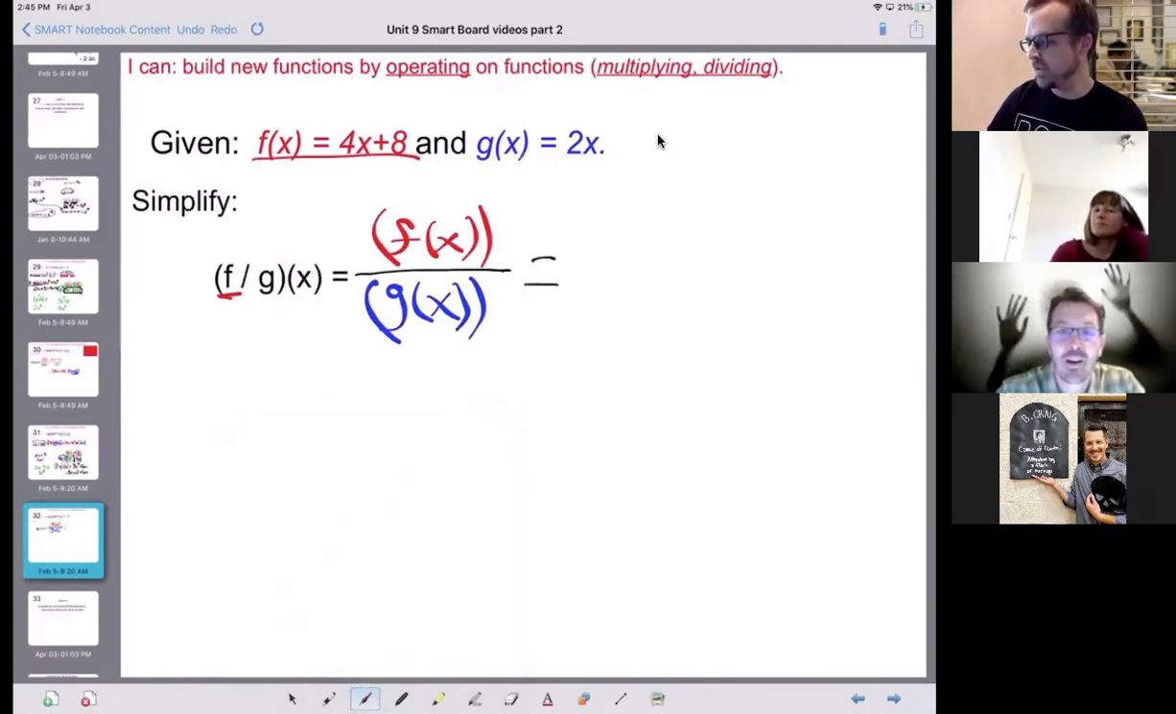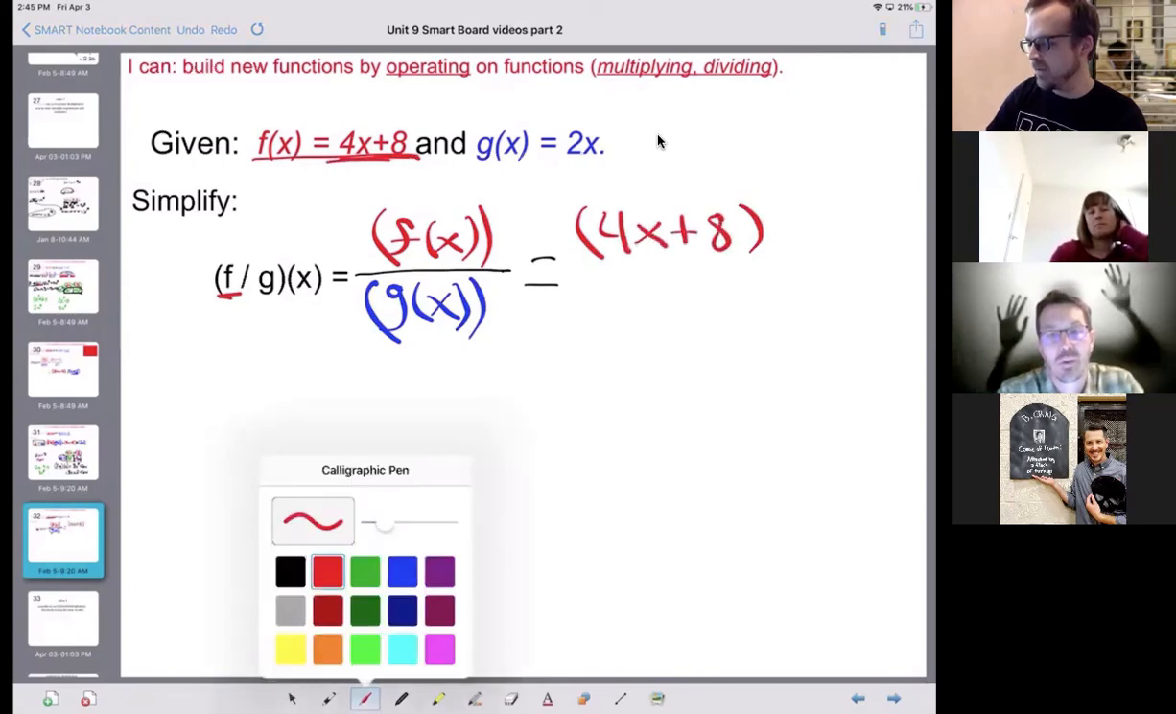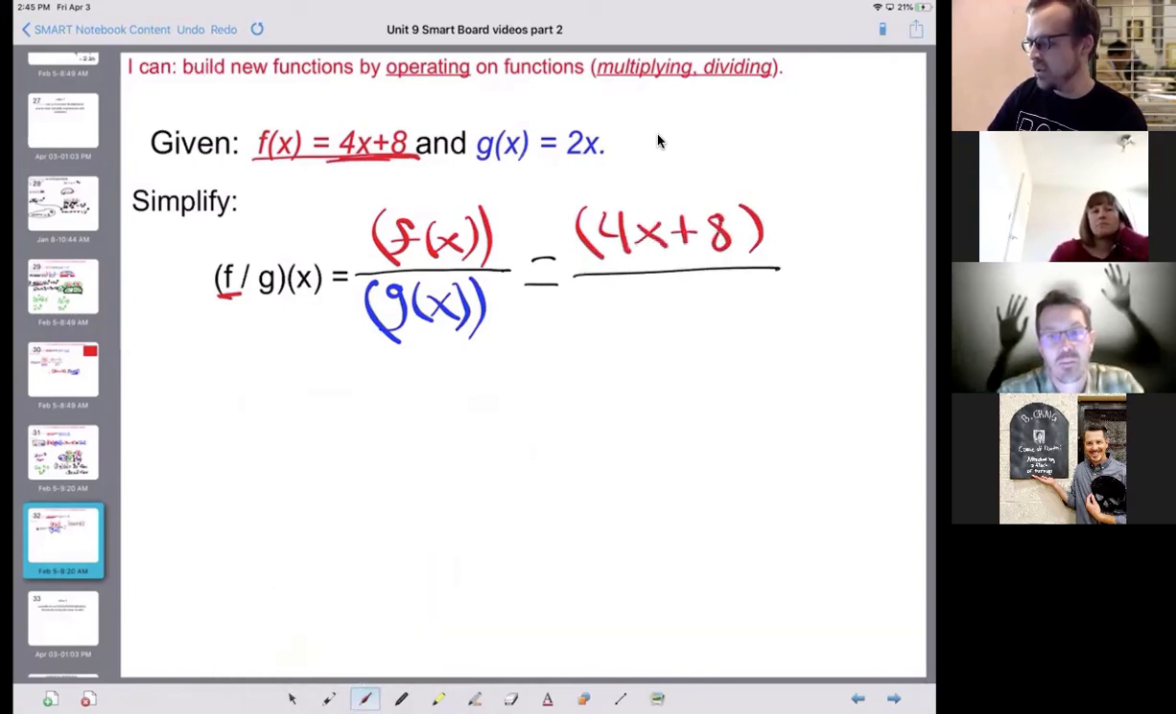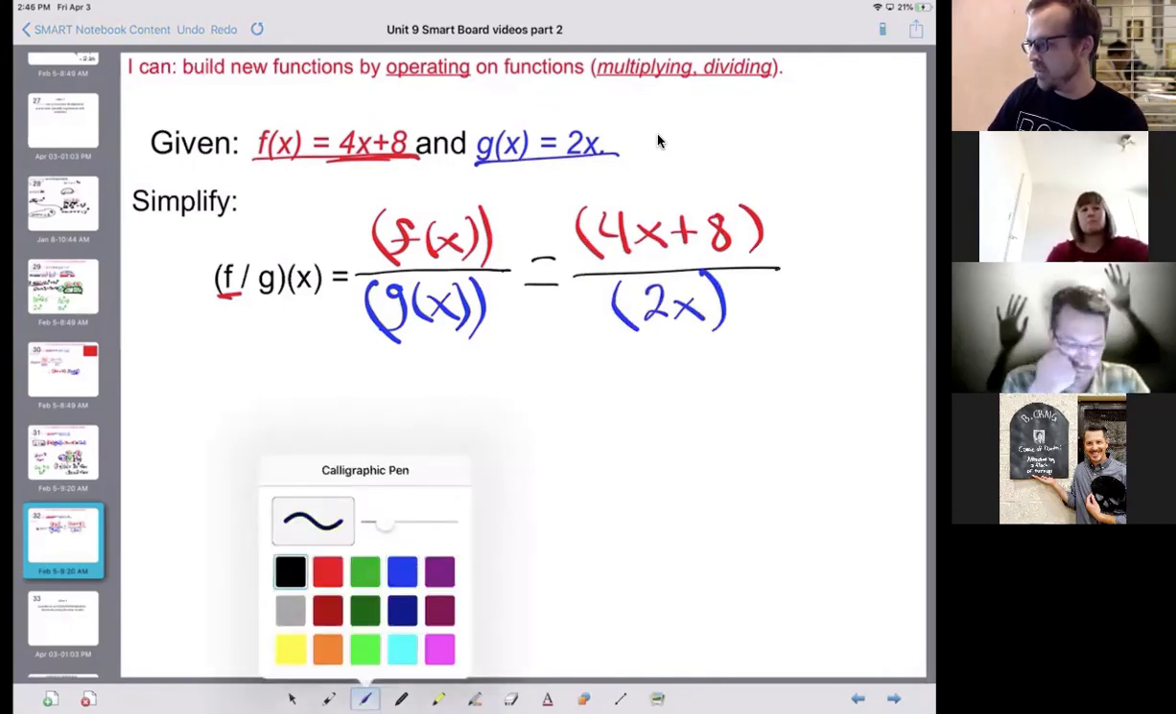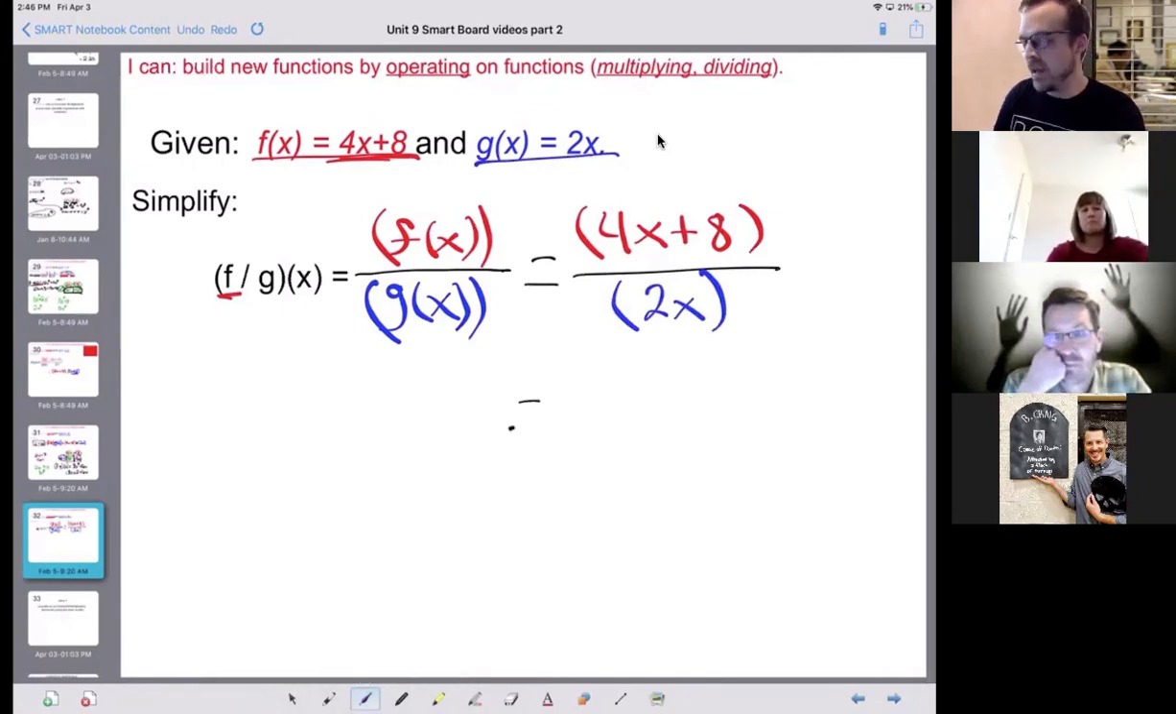So f of x first. F of x in parentheses. And f of x is 4x plus 8. All divided by g of x. And g of x is 2x. And there we go. A lot of you guys might think this is simplified, but you'll notice something very interesting